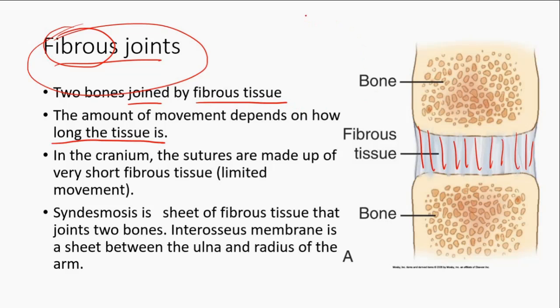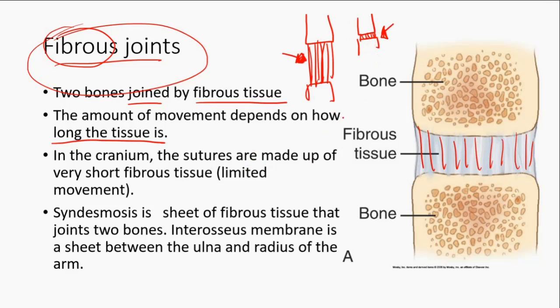If you have one bone here and one bone here with fibrous tissue between them, compared to one bone here and one bone here and more fibrous tissue,